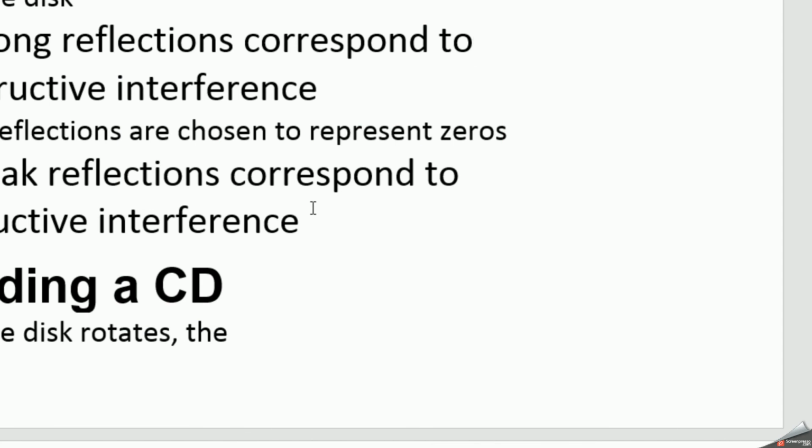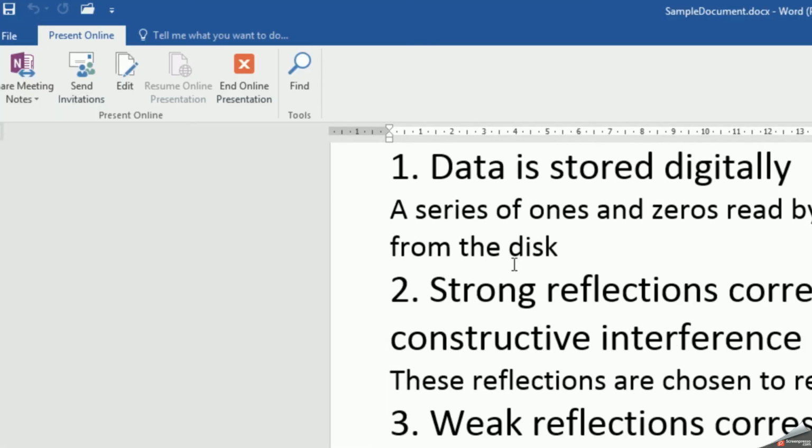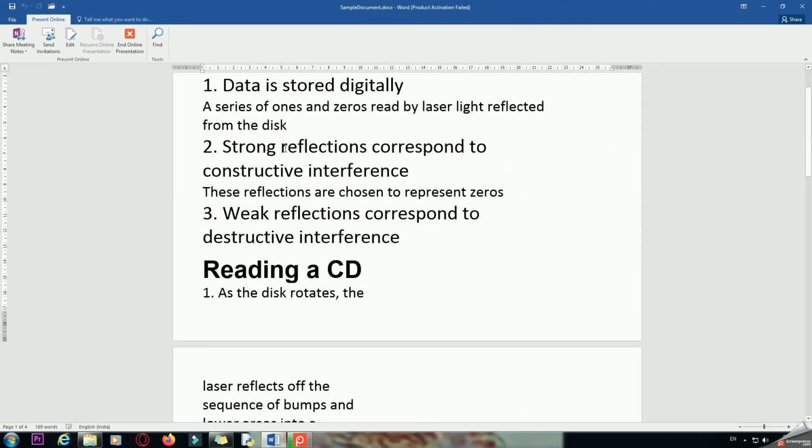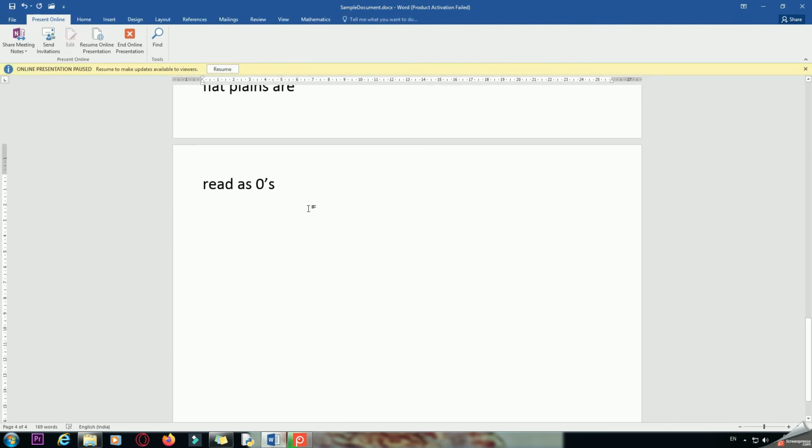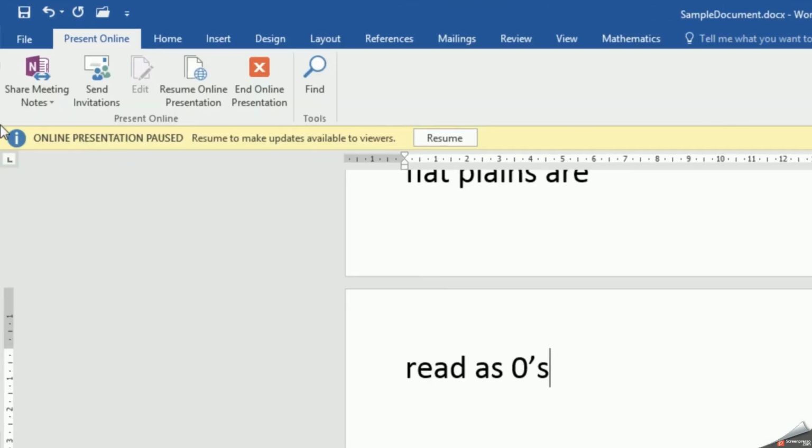Once you present it from here and people click on the link, they will be able to see this same document on their end. Once you complete everything, you can add statements to this. Right now it is not allowing you to edit anything, so you can click on edit, and here you will see that the online presentation is paused.